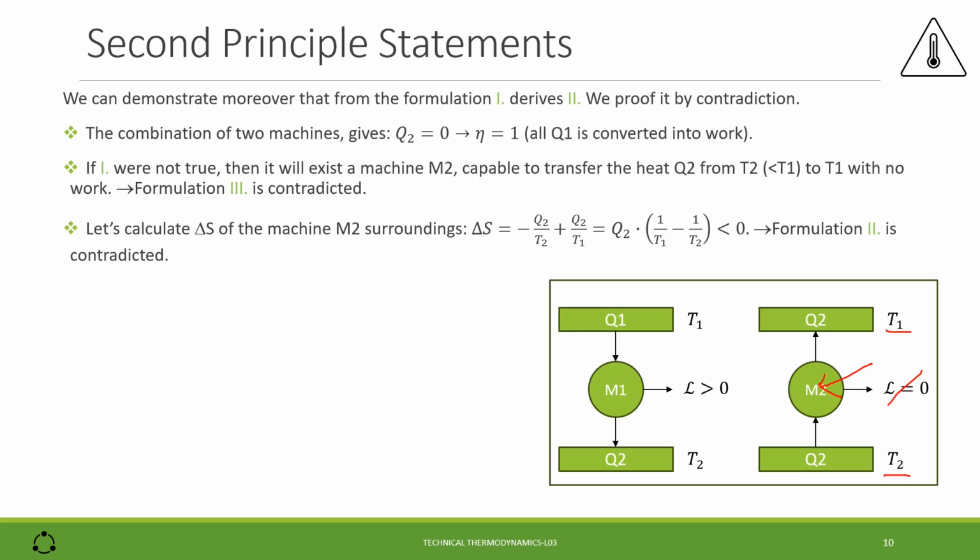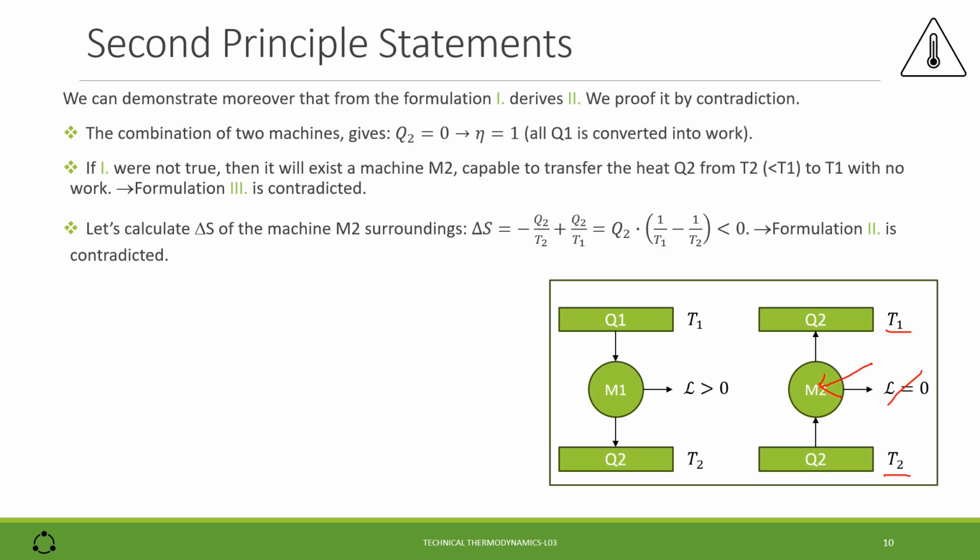We can group Q2 and then we have inside of the brackets 1 over T1 minus 1 over T2. And this is negative. Therefore, the formulation 2 is contradicted, because delta S of the system plus surroundings must be